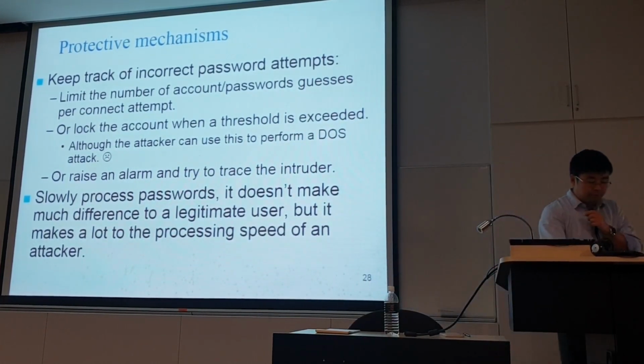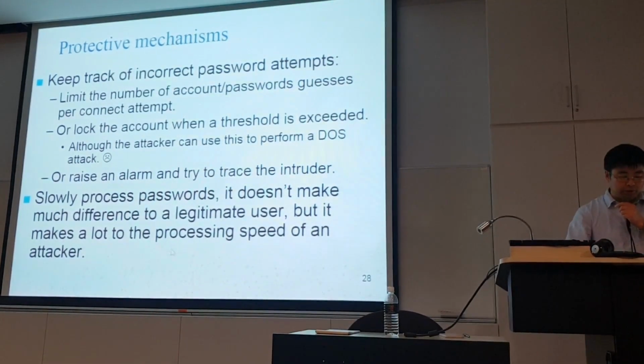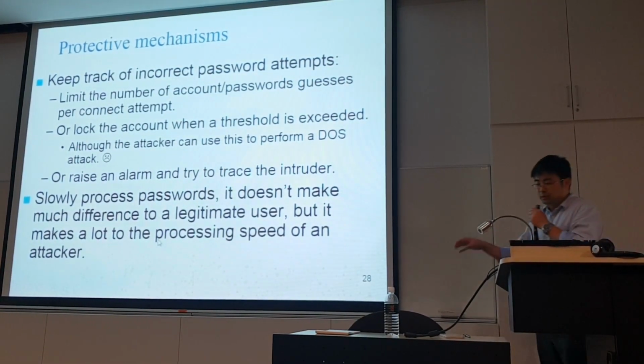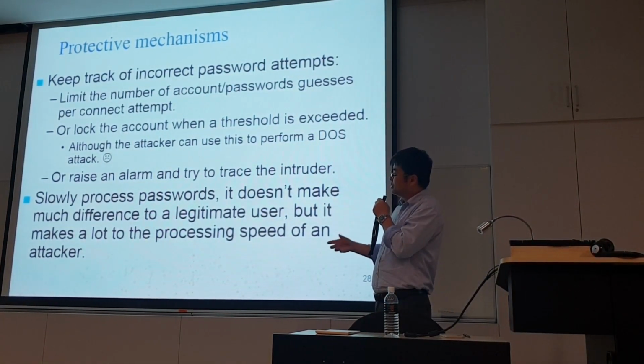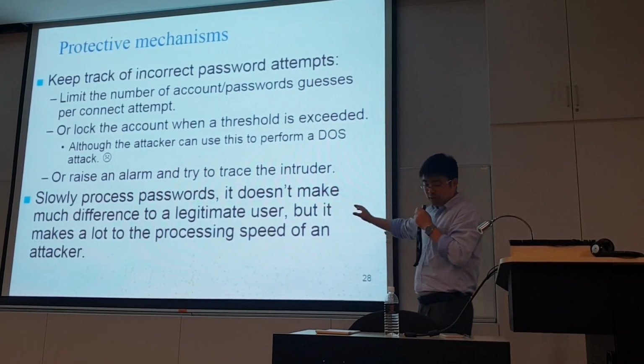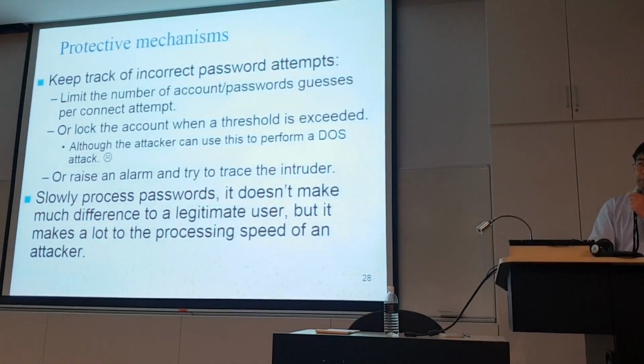One particular mechanism used is the so-called hash. If you use MD5 or SHA-1, it's actually not good to store the transformed password using MD5 or SHA-1. But if you use another hash function called bcrypt, it applies this method. So it basically